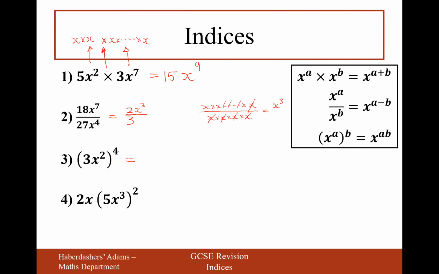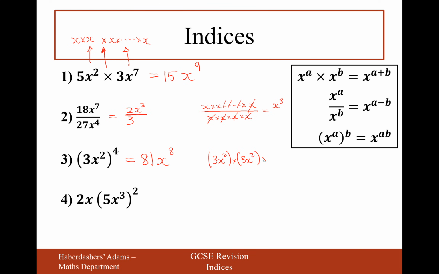Moving on to question 3 here, we do the power on the 3 as normal, so 3 to the power of 4 is 81. So you don't multiply the numbers here, you do the power as normal, but then you multiply your indices. So if you've got an index of an index, you multiply your indices together, so that'll make it x to the 8. Effectively what's happening here is it's 3x squared times by itself